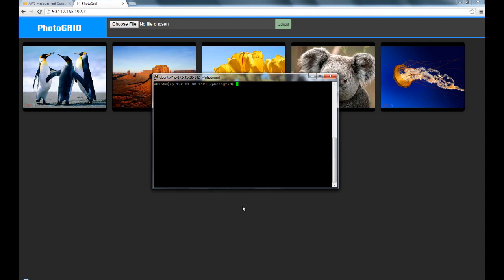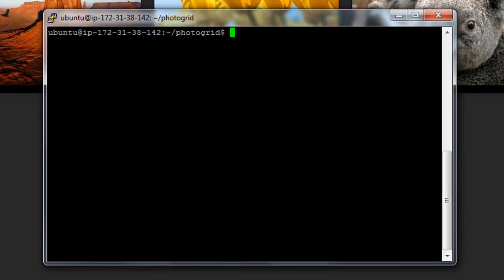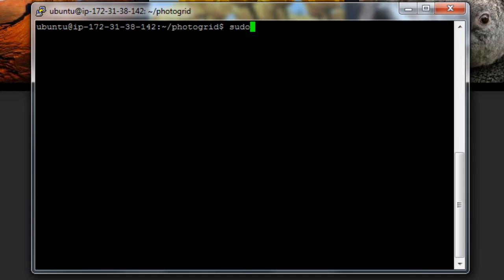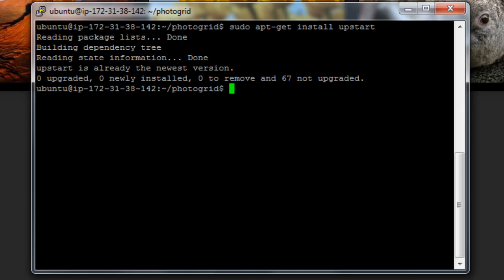So let's try and configure our server so that whenever we restart or reboot the server, the Node app is automatically started for us. To achieve this, we will install a package called upstart. So type sudo apt-get install upstart. Press enter. And once this is installed, or as in this case you can see it's already installed,